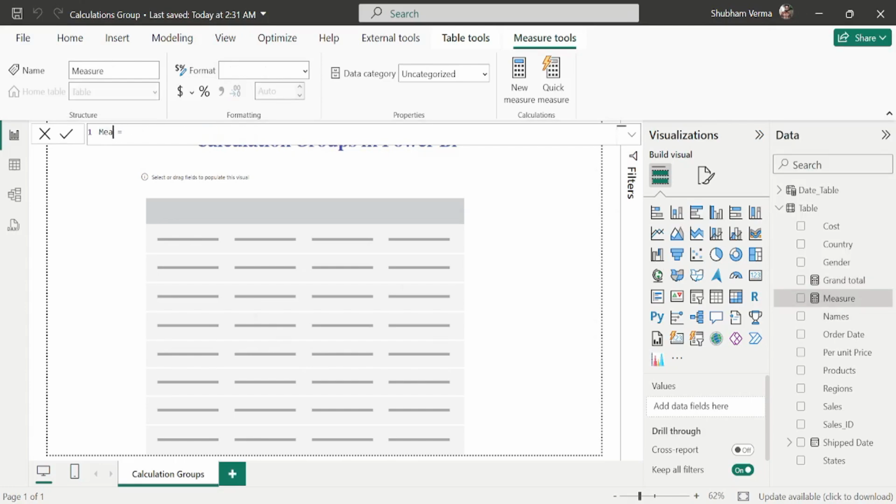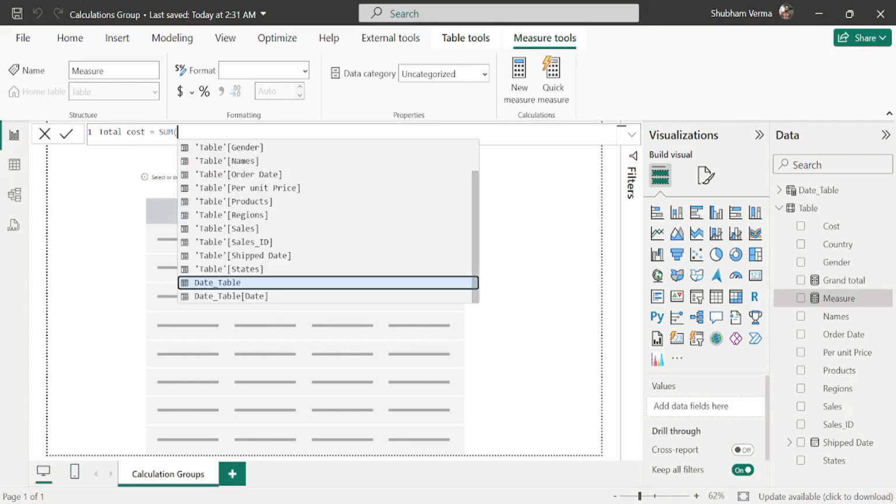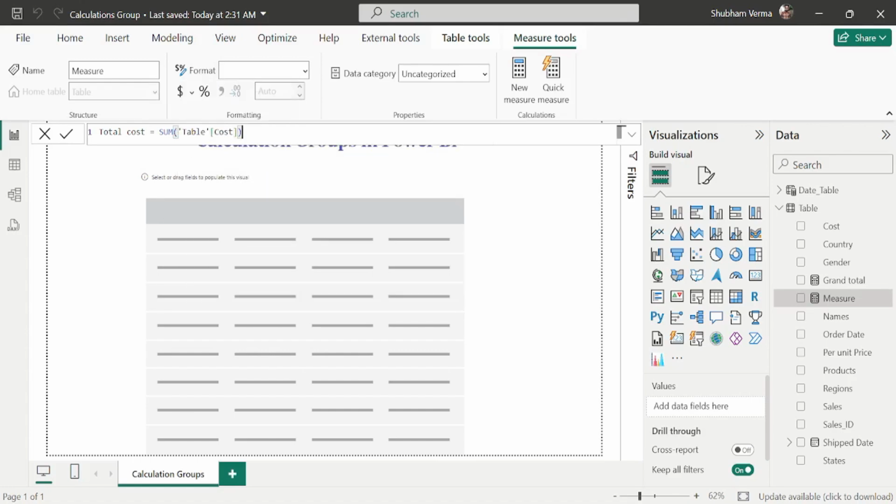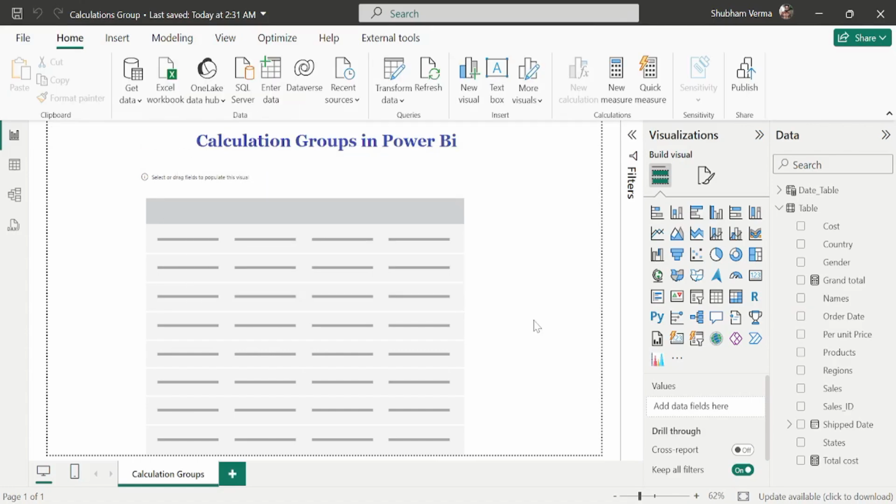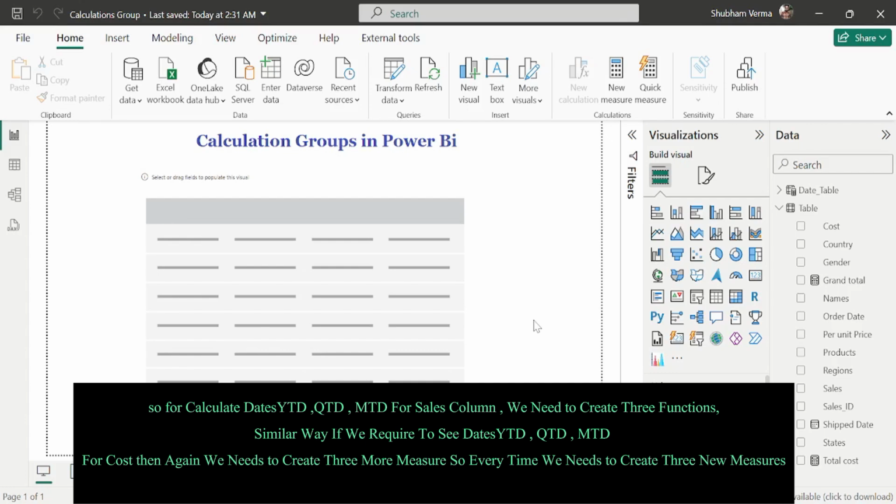And my measure name would be, let's say, total cost. And again I will use the SUM function here and simply take my column name, which is cost, and close the bracket and hit enter. So here, guys, we have created two DAX measures. One is for the grand total, which is for the sales, and another one is for the total cost. And let's suppose, guys, if you want to see dates MTD, YTD, QTD for the total sales,